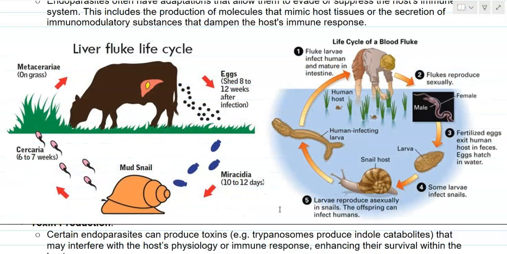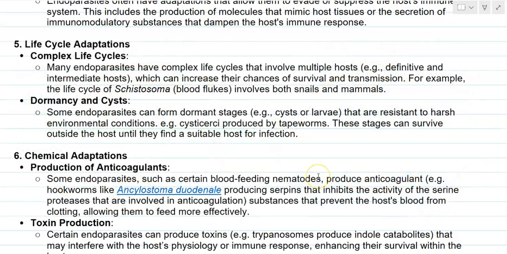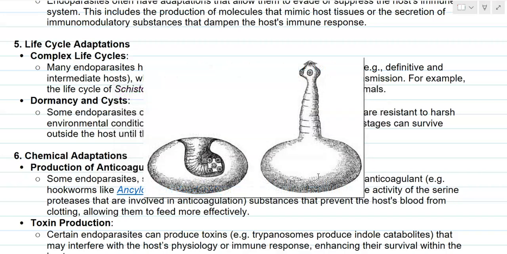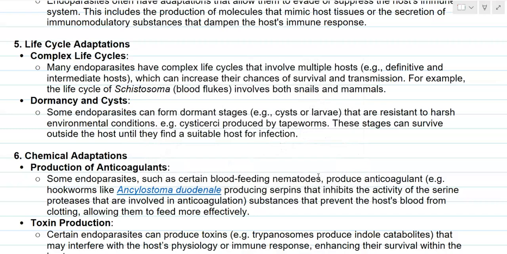Another example is the life cycle of the blood flukes, which has two different hosts. One is the snail, that is the intermediate host, whereas the mammal is the definitive host. And the next point is related to dormancy and cysts. Endoparasites can form dormant stages, which include cyst forms that can resist harsh environmental conditions. A classical example is the cysticerci that are produced by tapeworms. These stages can survive outside the host until they find a suitable host, then they reinfect and again